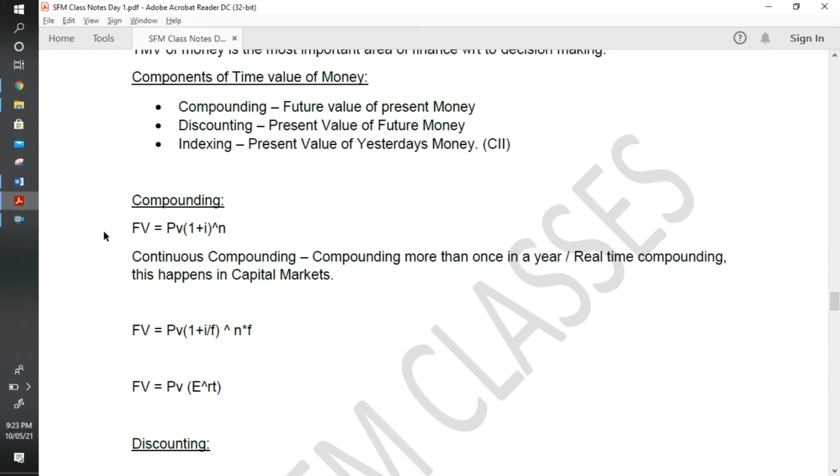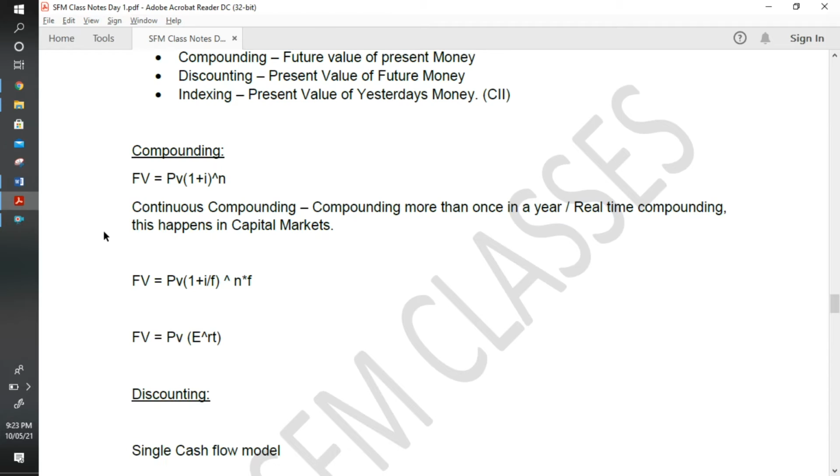So how can we proceed with this? I'll tell you. The return on investment would be calculated as follows: 10,000 rupees plus 6% will give me the value of investment after 1 year, and I'll add 6 more percent, and I'll add 6 more percent, which turns out to be 11,910 after 3 years. So the return on investment would be 1,910 rupees, which is more than 1,800, which was given earlier. So it clearly says that interest is being compounded annually. This covers the concept of compounding.